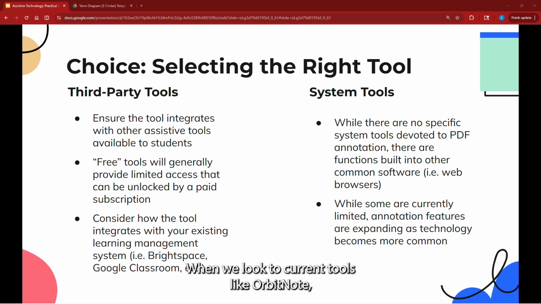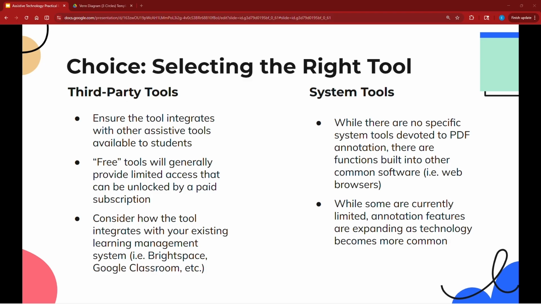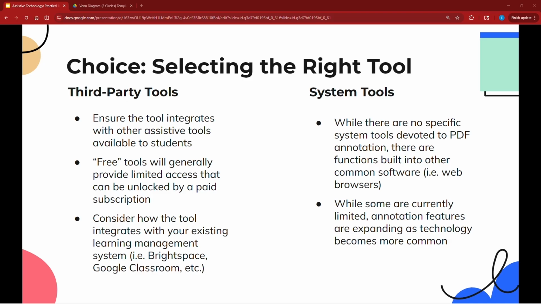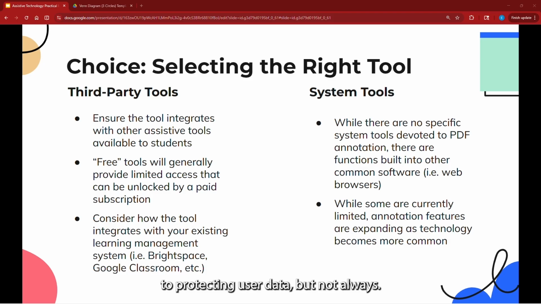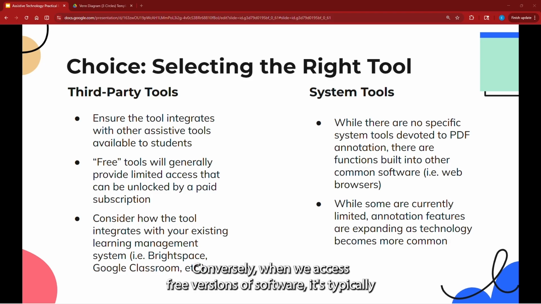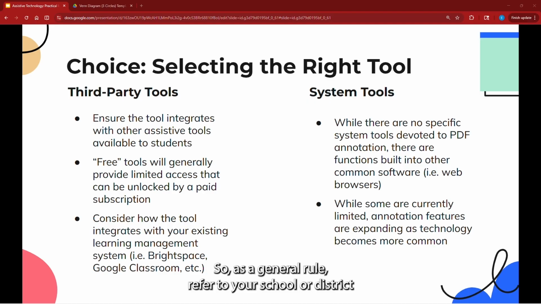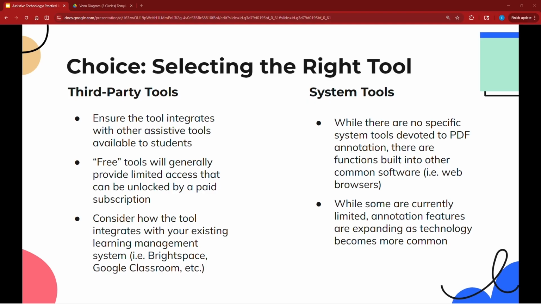When we look to current tools like OrbitNote, Kami, or DocHub, the offering of the tools are expanded. As we would with third-party tools, we must be sure that they have adequate security and privacy settings. Because we're going to be working with student-generated content, we want to be certain that data privacy and security is prioritized. Typically, with paid subscriptions, programs will commit to protecting user data, but not always. Conversely, when we access free versions of software, it's typically under the assumption that user data may be shared or accessed by the company. So, as a general rule, refer to your school or district digital literacy policy to understand your responsibilities with student data and whether or not you should be